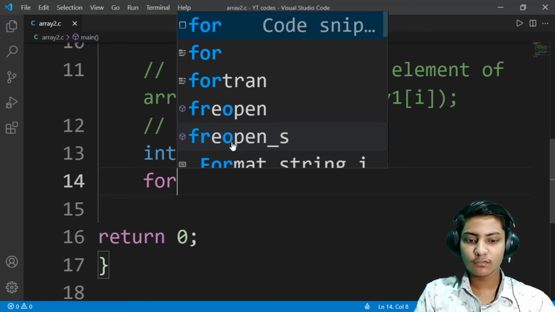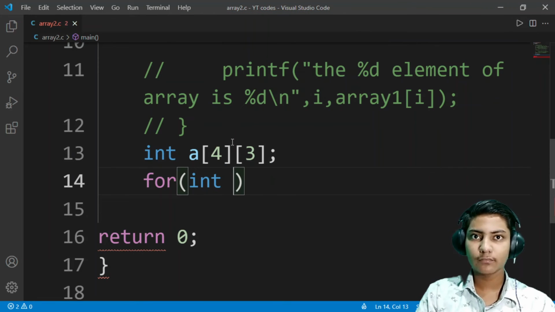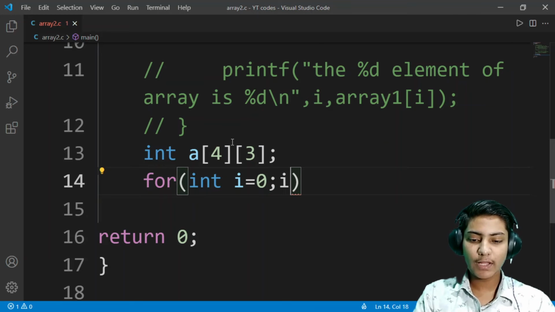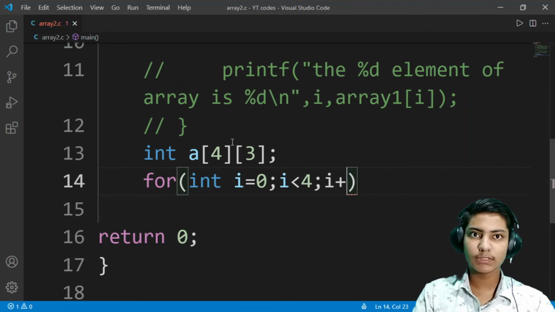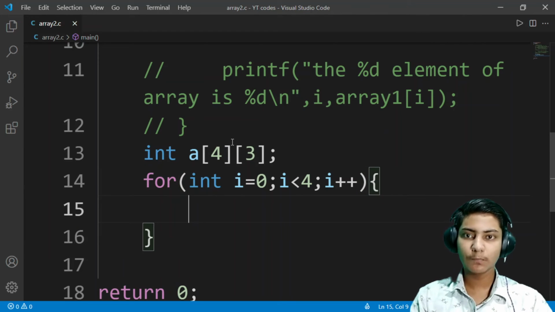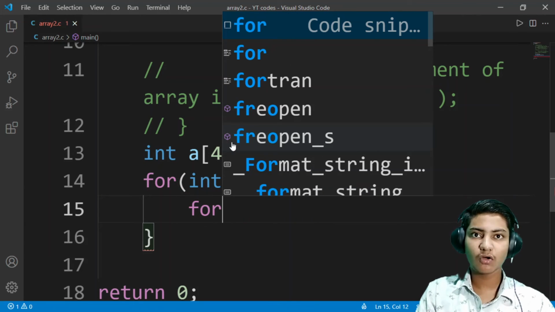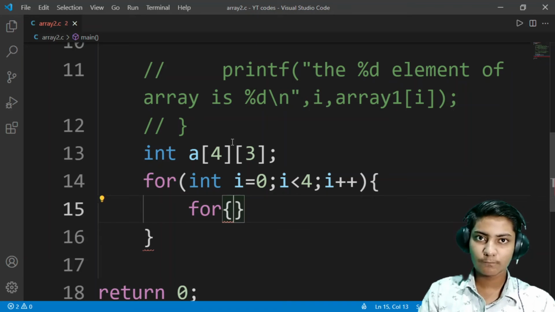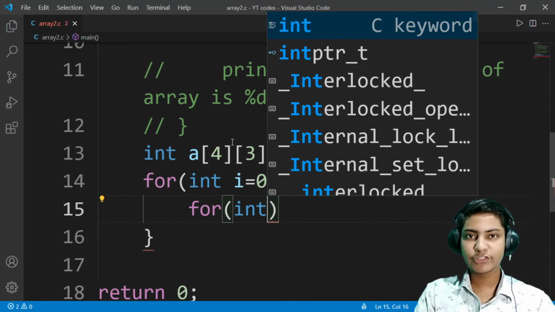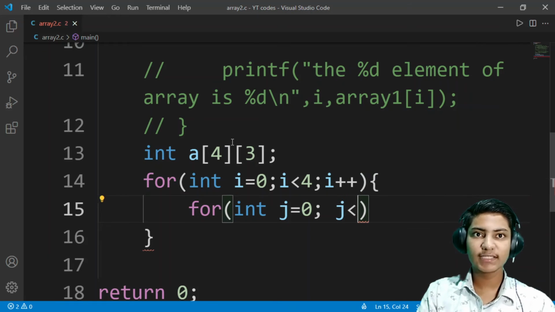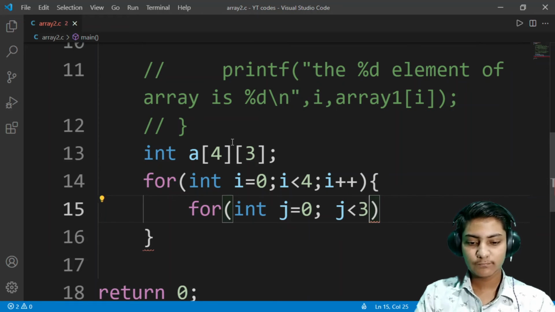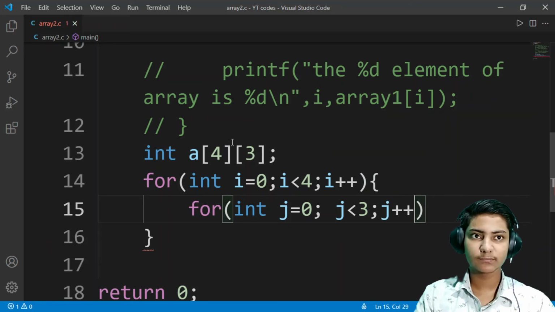Now for int i equals 0 and i is less than 4 and i plus plus, inside the loop another loop for int j equals 0, j is less than 3 and j plus plus.